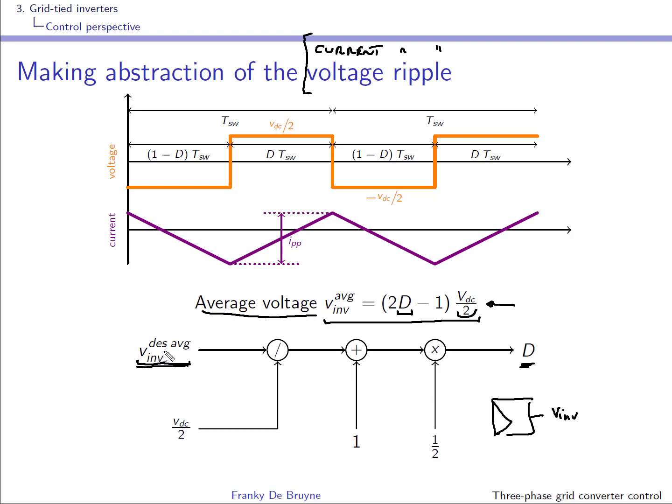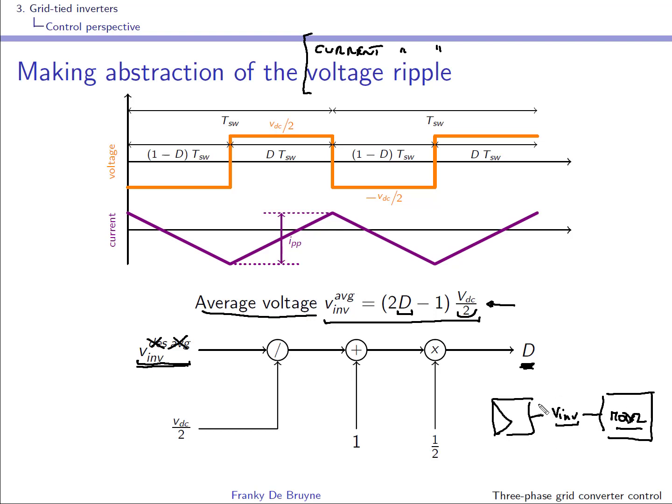We won't every time write this average or desired. We simply say Vinv, the inverter voltage, and our model will have this signal as an input. But don't forget that behind this there is always a duty cycle that is